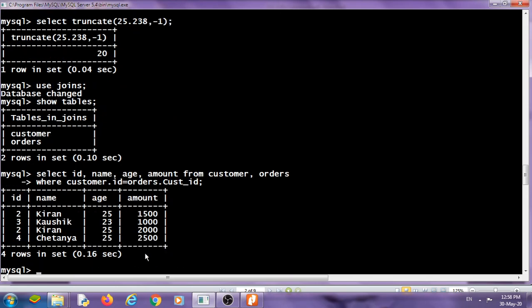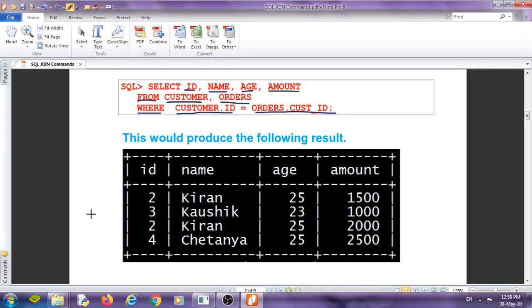Yes, it will be the result. In this, amount is carried from the orders table and all these id, name and age are carried from the customer table.